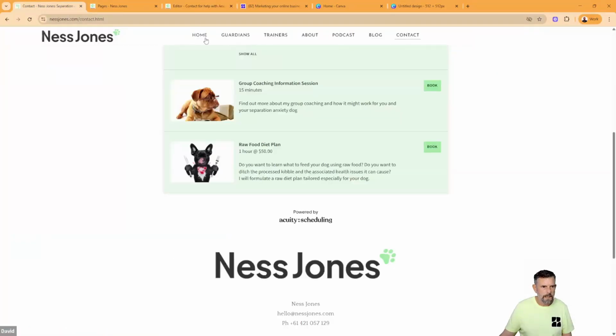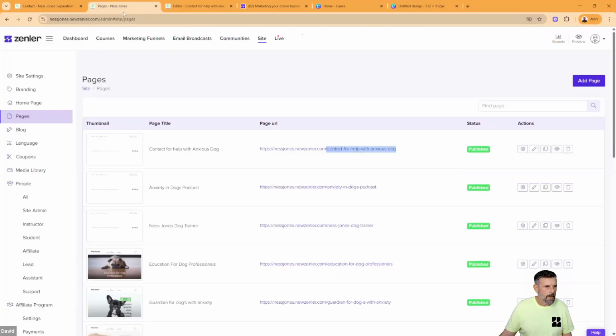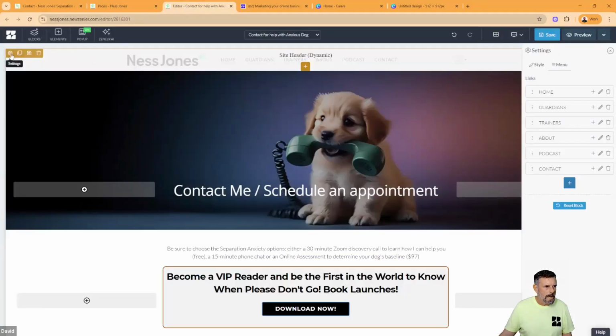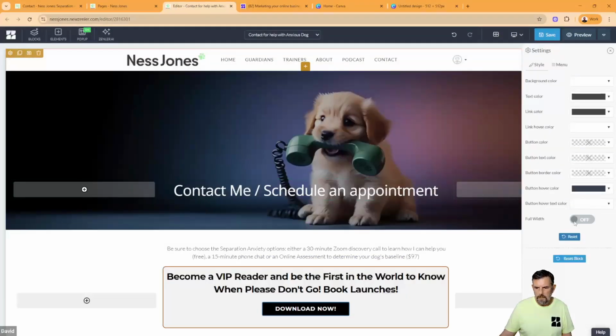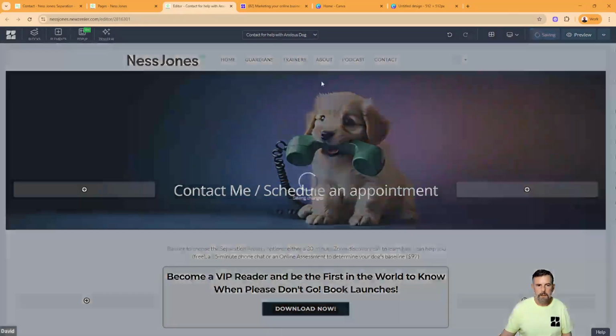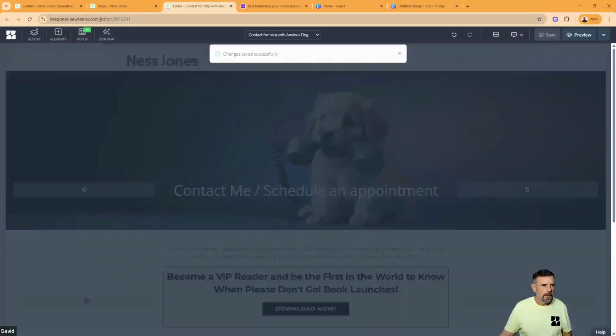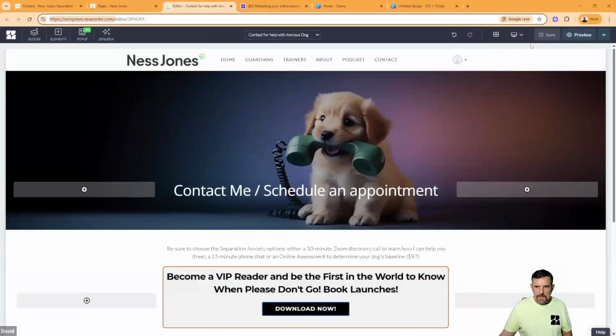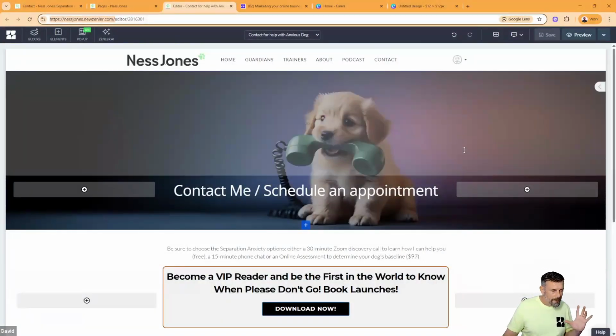It's exactly the same as this. It all links up. I haven't got this full width, but you could, but I don't like it. If I've got it full width, I usually use code to push it in and make things bigger, but I don't want to get into that in this training. So let's save this. So the brief from Ness was, I want to take my Weebly site